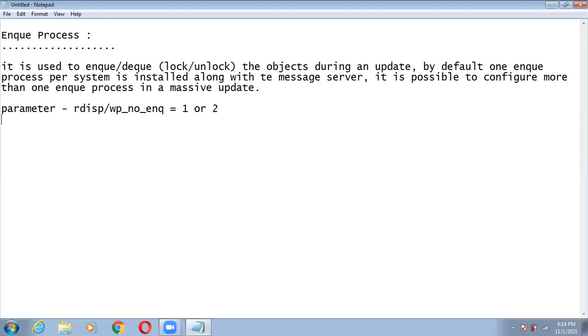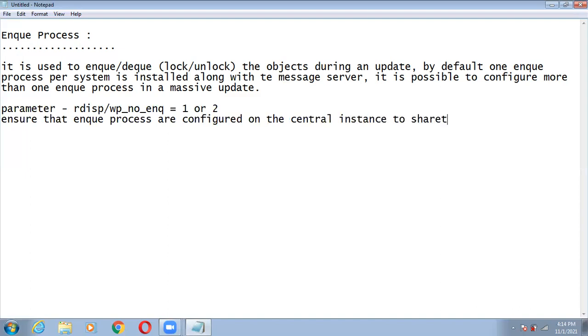Okay. So now see, ensure that NQ processes are configured on the central instance only to share the NQ table.